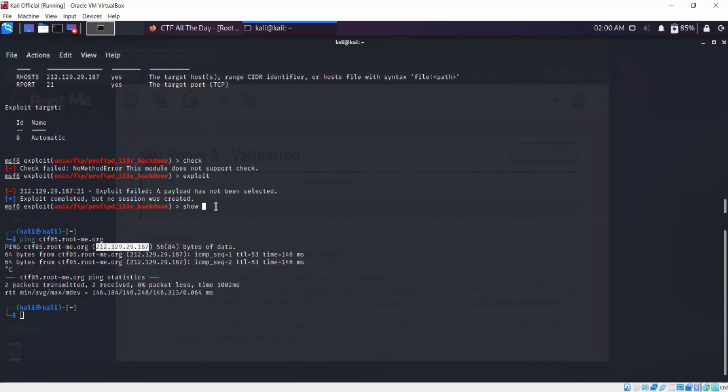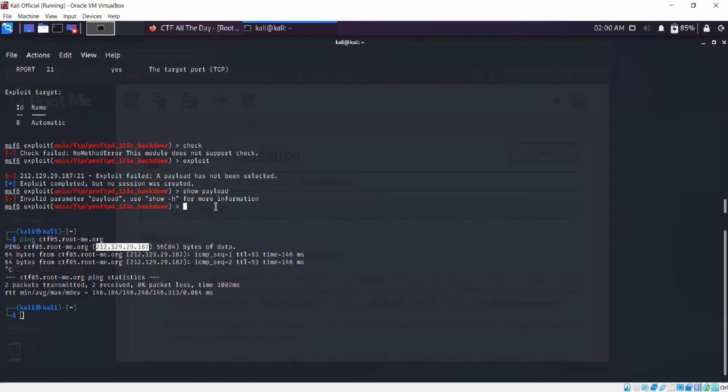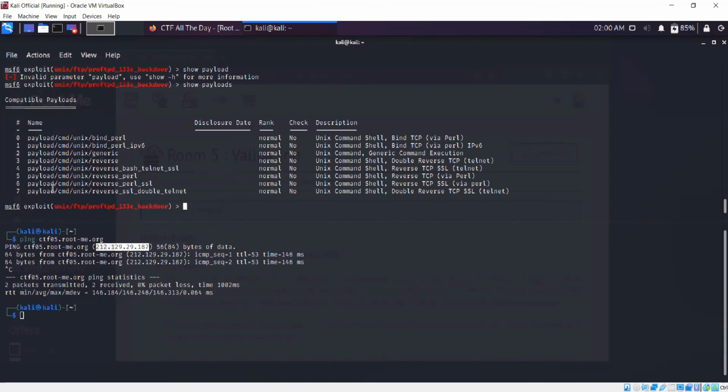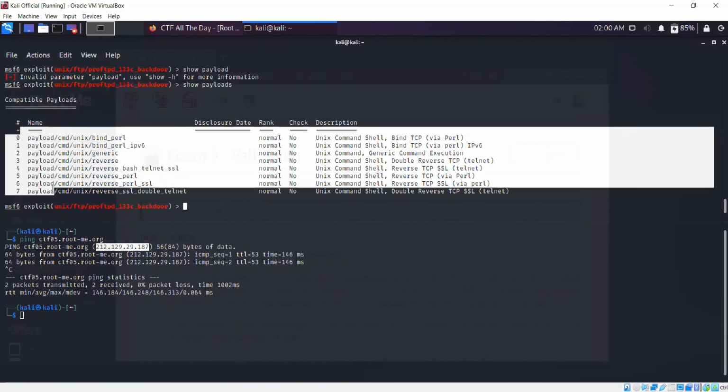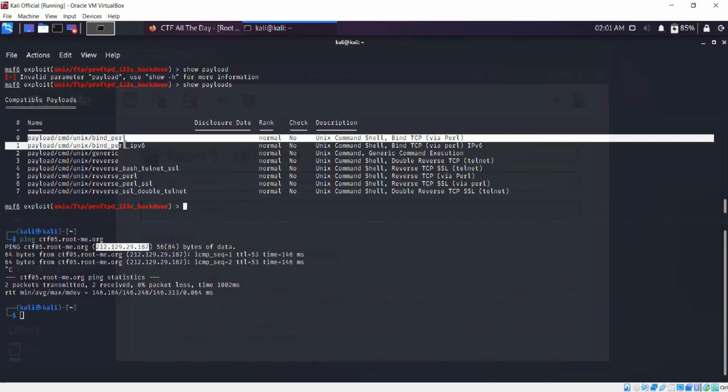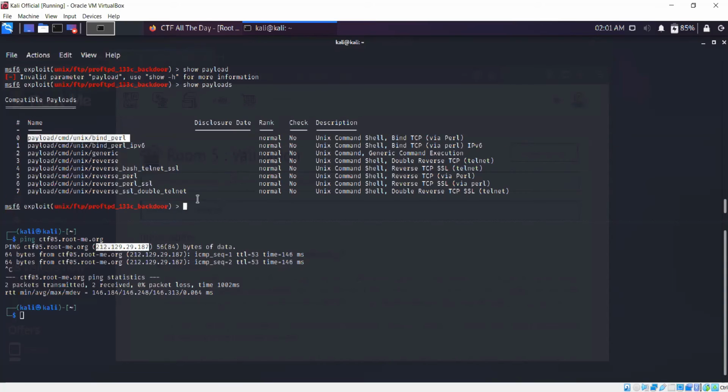I forgot to choose the payload. So again, you can select all the payloads. You can see all the payloads using the show payloads command. There are around 7 for this exploit, but for Windows, the last one I saw had 500 payloads. So there are a lot of payloads for a particular module. You can choose any one of them. Let's try the first one.